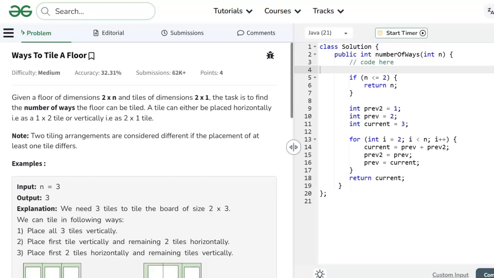Today's problem is ways to tile a floor. Difficulty is medium. Accuracy, look at this, 32%. It's pretty low. I mean,